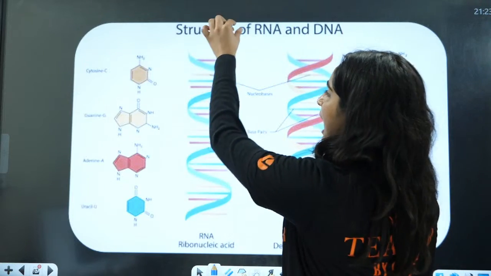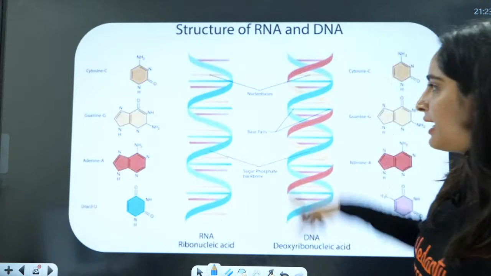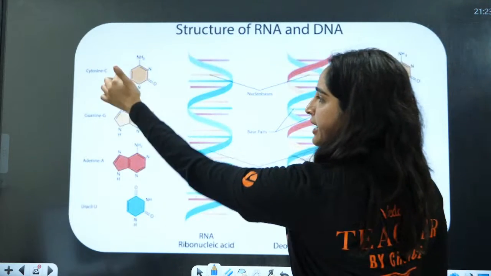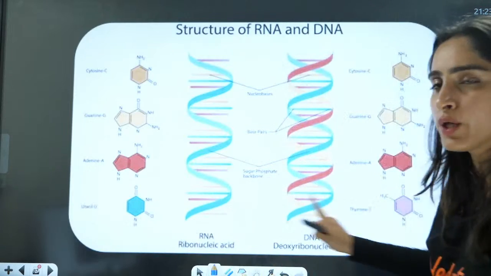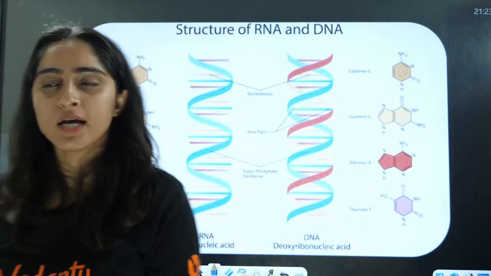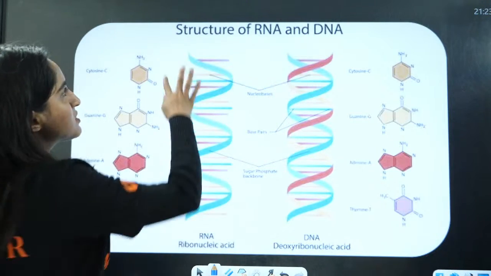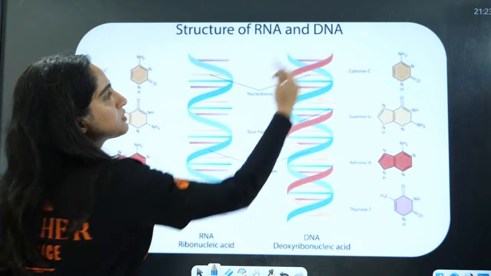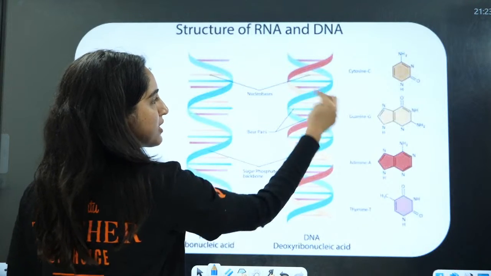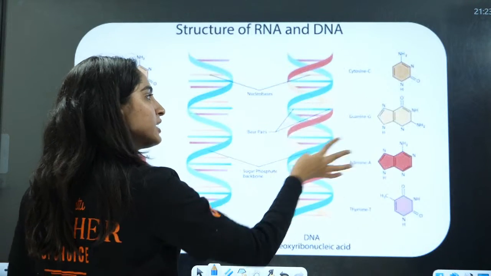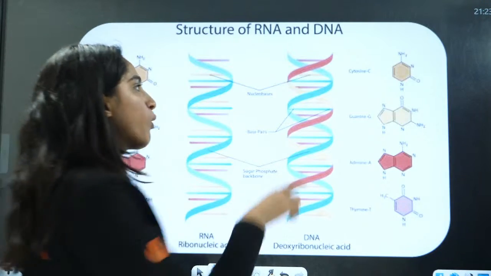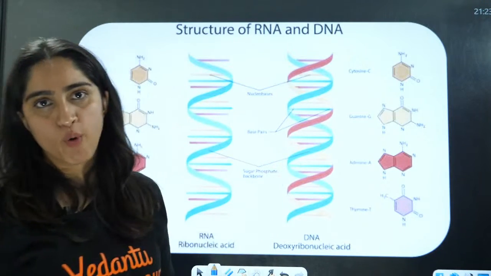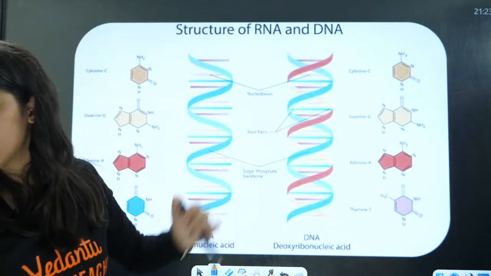In RNA, this is the RNA unit, this is the DNA unit. In RNA, you have cytosine, guanine, adenine, and then uracil. Here, in spite of uracil, you have thymine. So, this is how they are linked. This is the single strand here, this is the double strand. This is one strand, the second strand bonded to it with the hydrogen bonds here. Right, everybody?